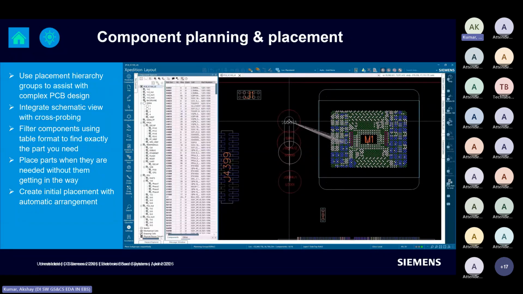Now, once you start with the placement, it becomes again one of the key steps in your PCB design process, because once you have a good placement, your routing task becomes much easier. I'm sure you all will agree to that, right? So to have a better placement, you need to have proper planning of the component placement. So what Expedition Standard as a layout tool offers you for component planning